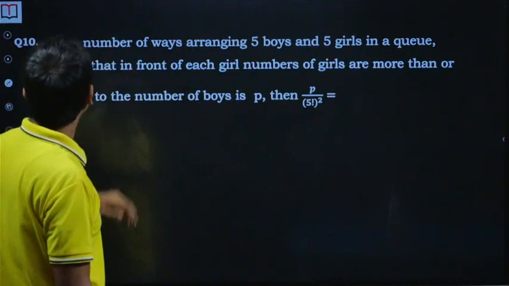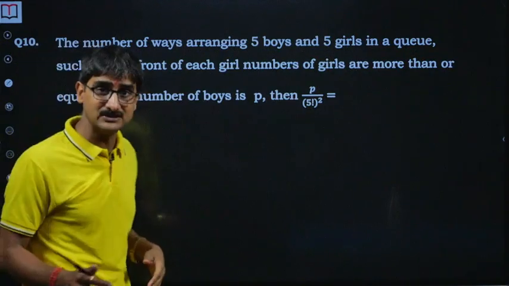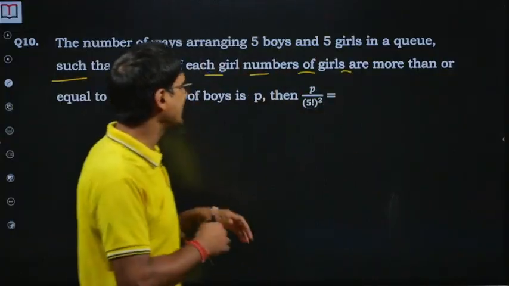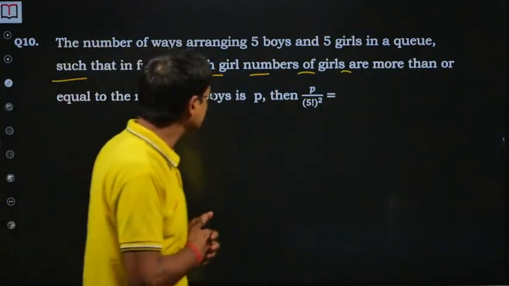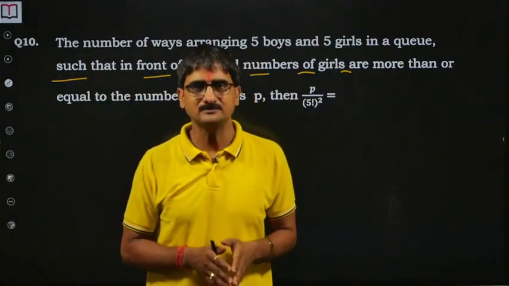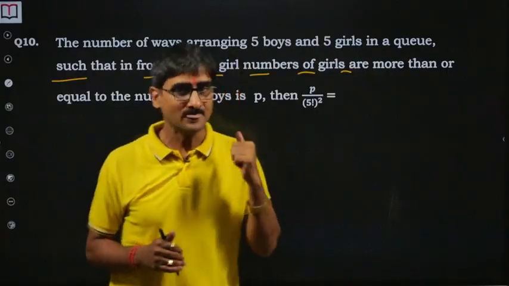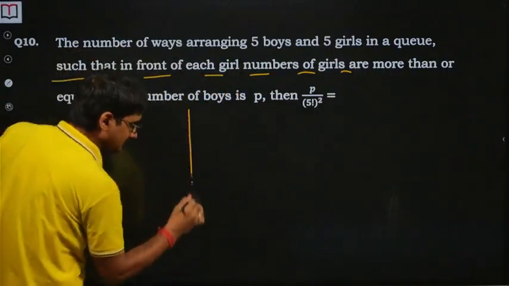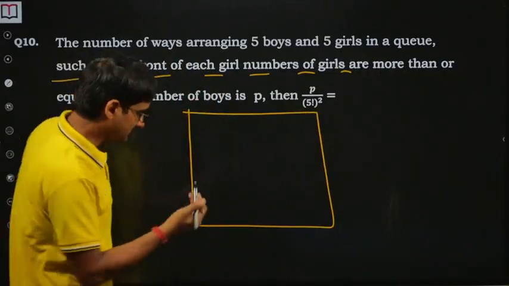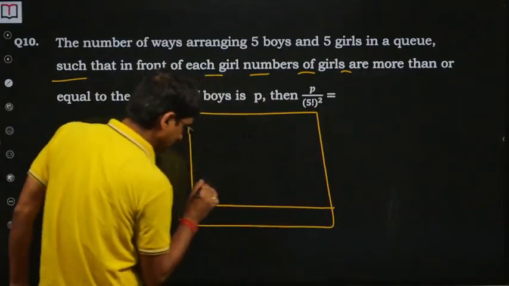So moving to the 10th question. The 10th one is the number of ways of arranging 5 boys and 5 girls in a queue such that in front of each girl the number of girls is more than or equal to the number of boys. When I was thinking on this question, I got a suggestion. We have a very good question, the n cross n grid. If I take it as a 5 cross 5 grid,